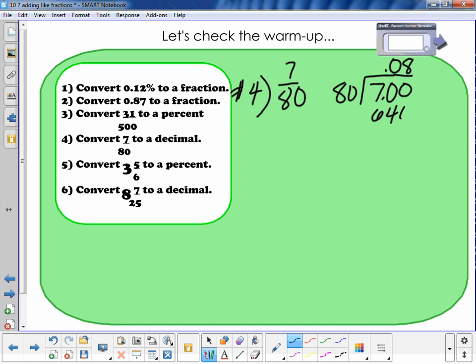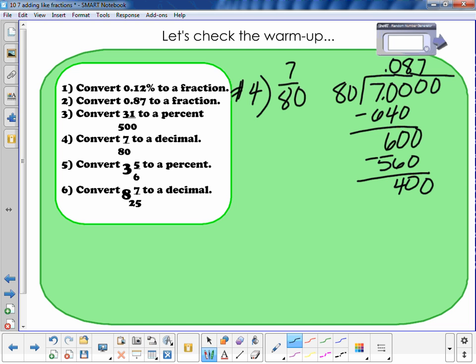Because that would be 640 when I multiply, and when I subtract, I have 60 left over. Add another 0, bring it down. 80 into 600 is 7 times, because that would be 560, and when I subtract, I get 40. Add another 0, bring it on down. 80 into 400 is 5 times, because that would give me exactly 400. So my decimal for 7/80ths is